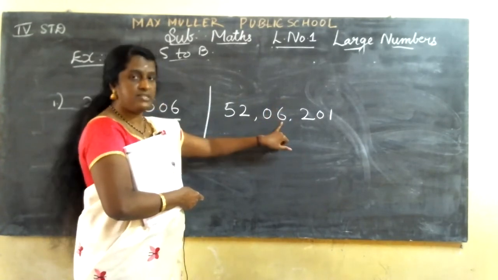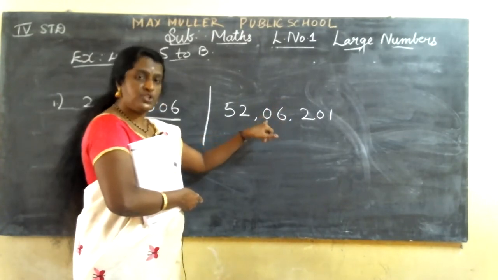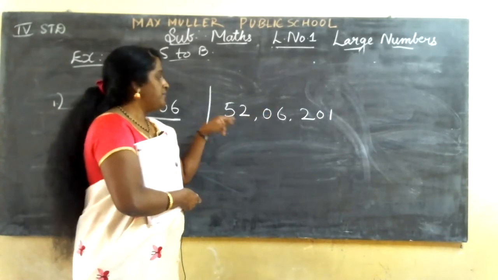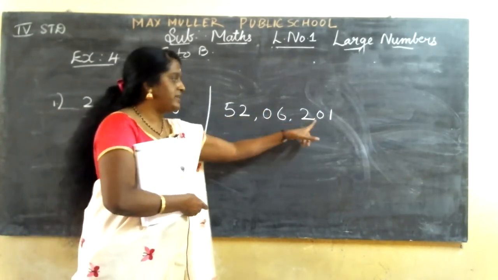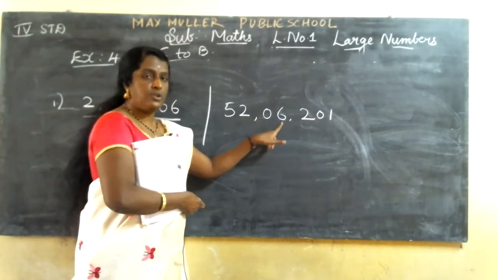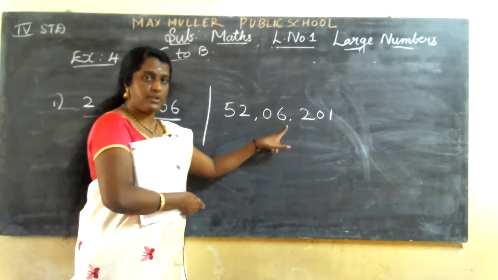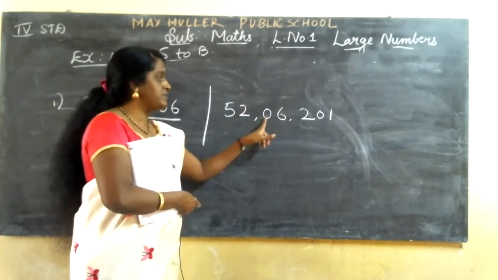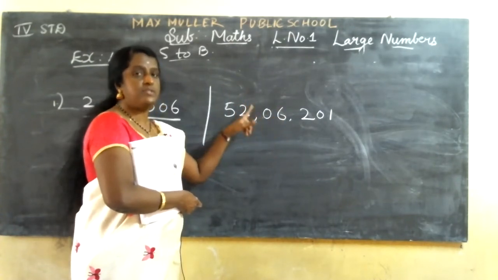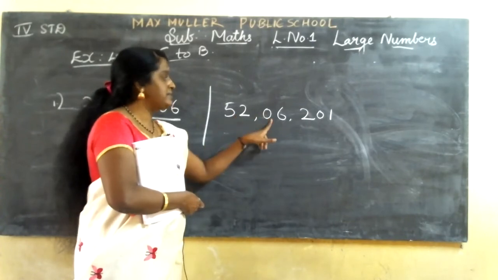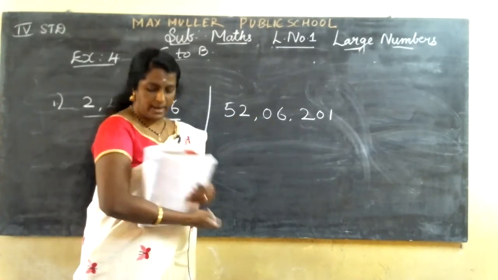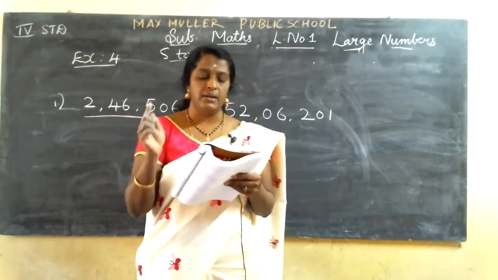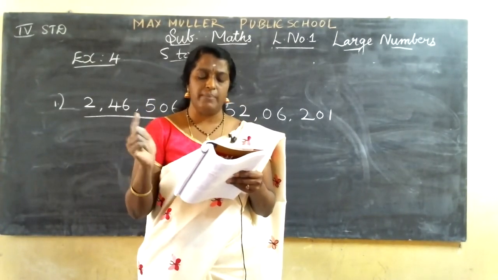Thousands place 6 it is there. 10,000 place 0 we should write. If you are not writing 0, your marks won't get here. 52 lakh 6,000. Ones, tens, hundreds, 1,000. So in thousands place only 6 you should write, because 52 lakh 6,000. So in 10,000 place I have written 0. 52 lakh 6,201. Next is 72 lakh, comma, 23,000, comma,